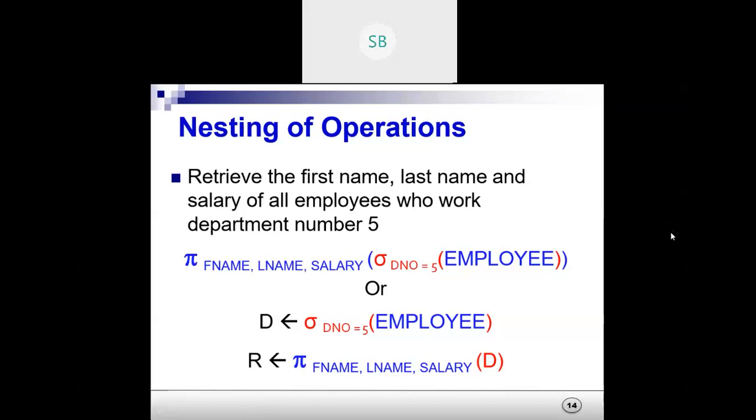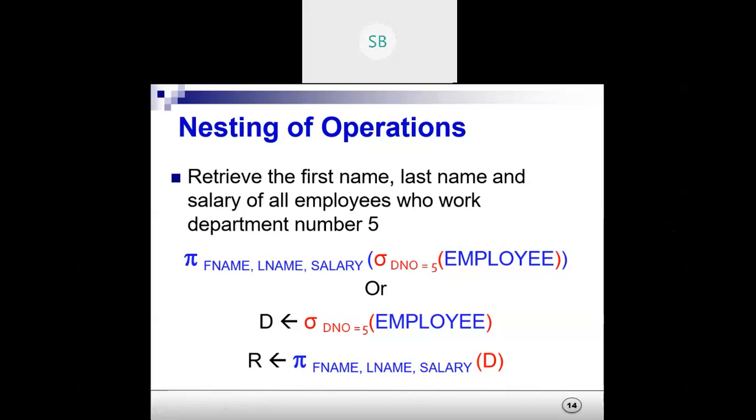So always remember two things. One thing is that the project operation works on the attributes, that is the columns, and the select operation, that is the selection operation, works on the rows.